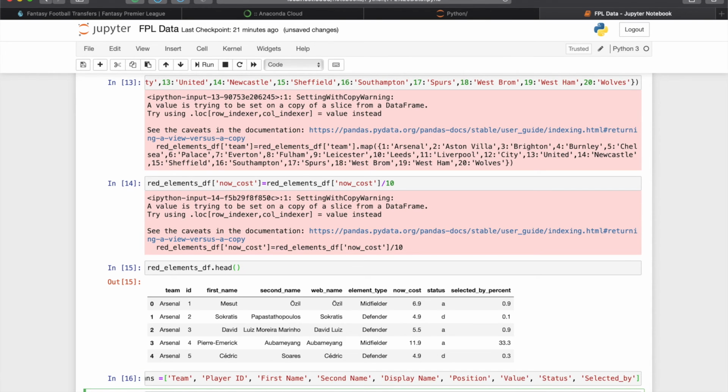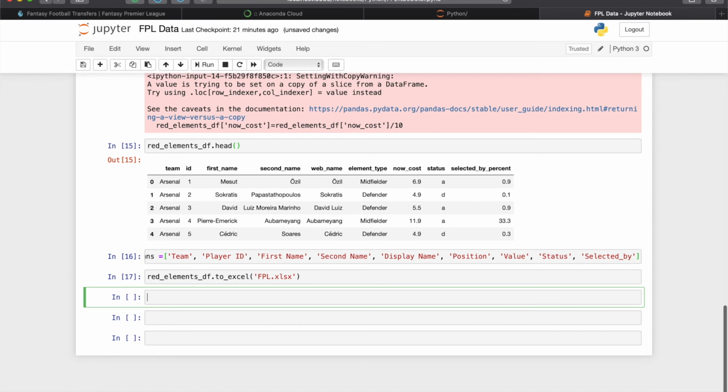So it's done. Now we can simply export this to an Excel file. For that, just use your data frame name, to Excel, and just run this. Now go to the location where you have saved Python. There you will have this file.